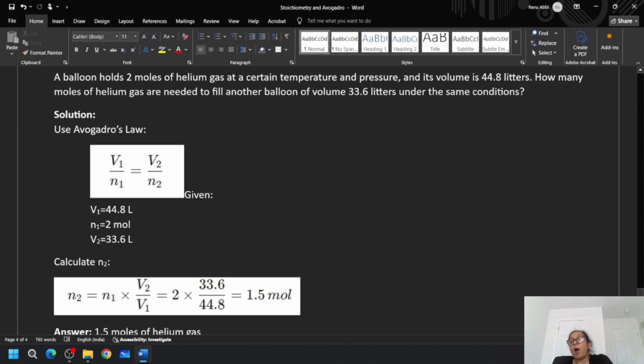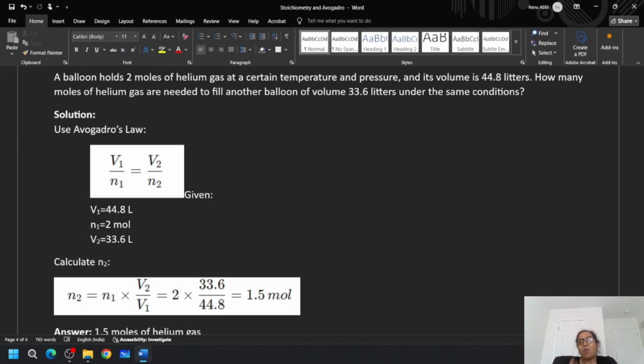So I think I have given you enough examples to understand Avogadro's law, and you can find more. You can solve more numericals. They are given in the ICSE books or the CBSE books of grade 11, in the first chapter, some basic concepts of chemistry. You can also solve all these numericals.